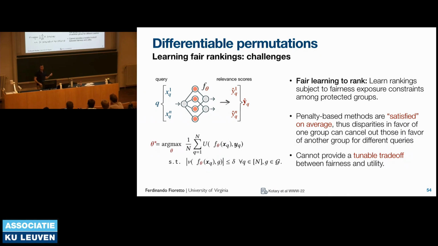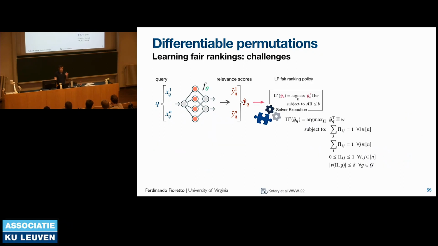So you could do that, but as in the previous part of the talk, where we had no control over the satisfaction of the constraints, you don't have it here, right? So while you might impose those constraints, and those constraints might do something with respect to fairness, you don't really have the control of having a guarantee on fairness. And in fact, you can also have a false sense of control on fairness, because you might guarantee fairness on average, but then for some queries, you might have arbitrarily large violations of fairness, right? And this also happens in the constrained case. So how can we mitigate this?